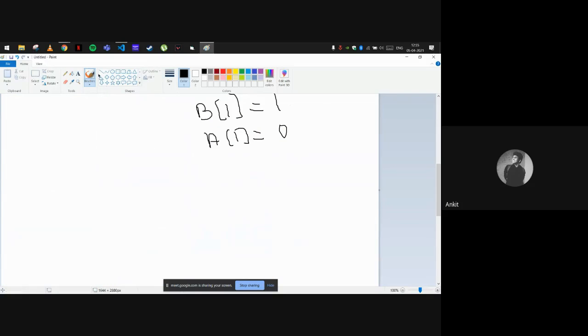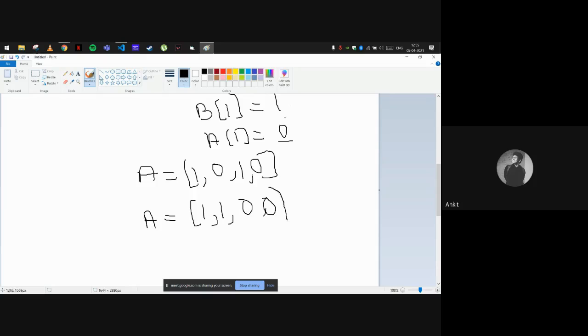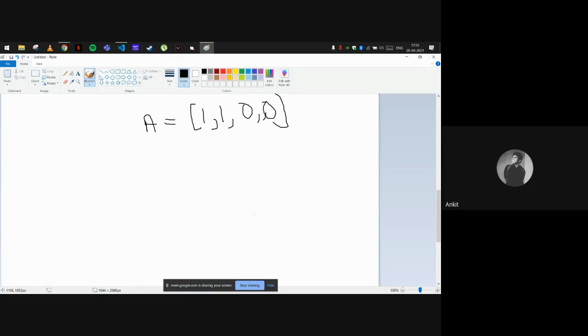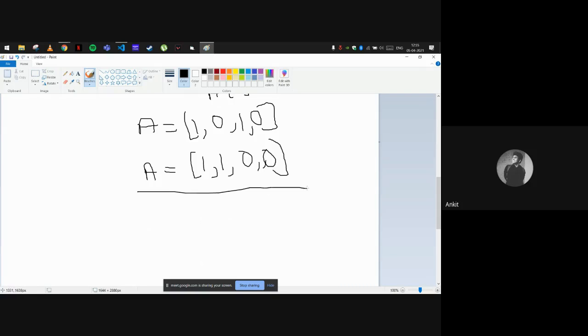Again equal to 0, so the list is here 1, 0, 1, 0. But its corresponding value is 1, so we have to set it to 1. So now the new list will be 1 1 0 0. So our new list will be this one.